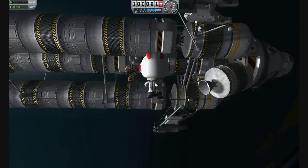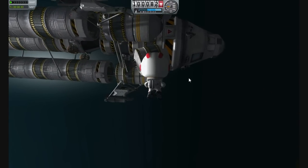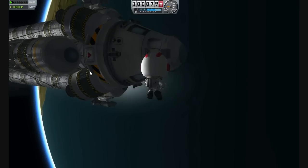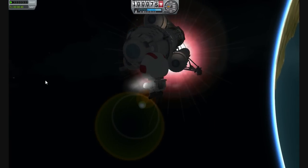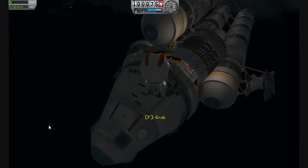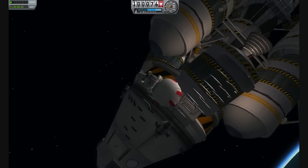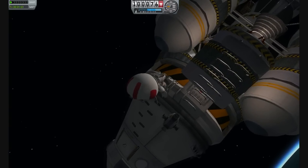But yeah, on the original test, the fuel margin for this thing, because it's quite heavy, was a little bit squiffy, and I ran out of fuel 5 million meters from Kerbin. Unfortunately, we were in Kerbin orbit, and the ladder has to be at this dodgy angle. Yeah, because it's a very tall lander as well. You don't really need it though. You can kind of jump it all, but